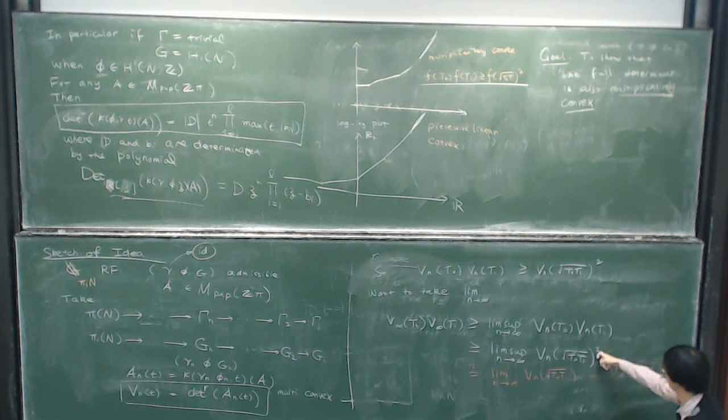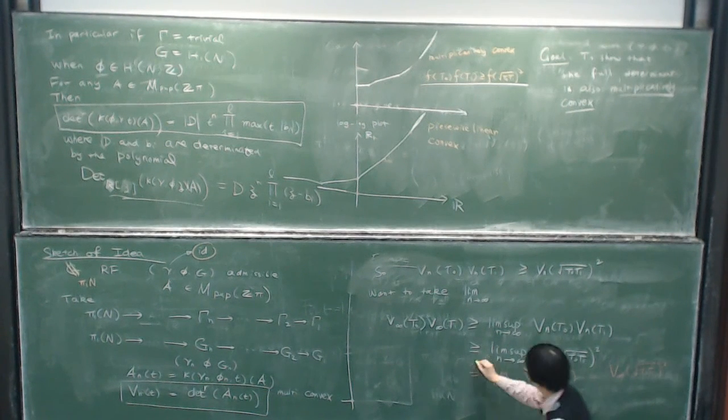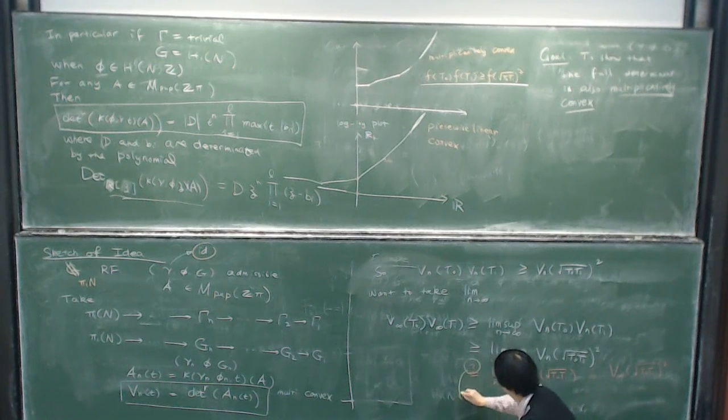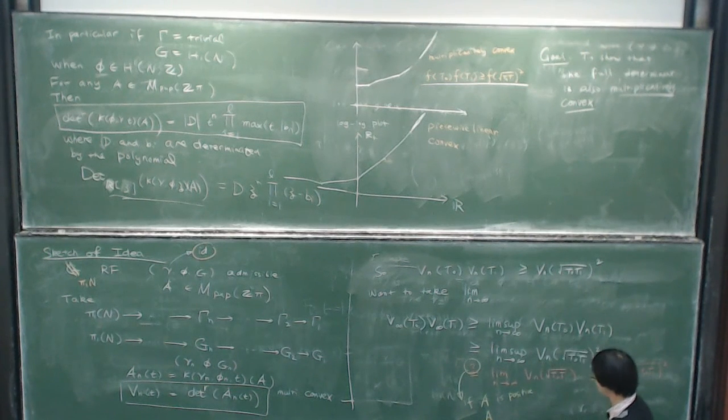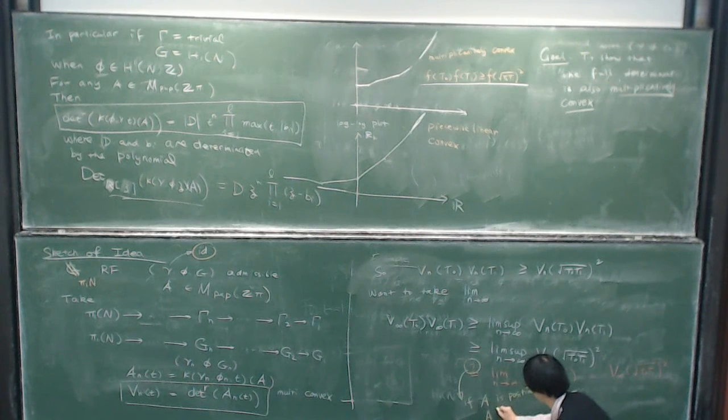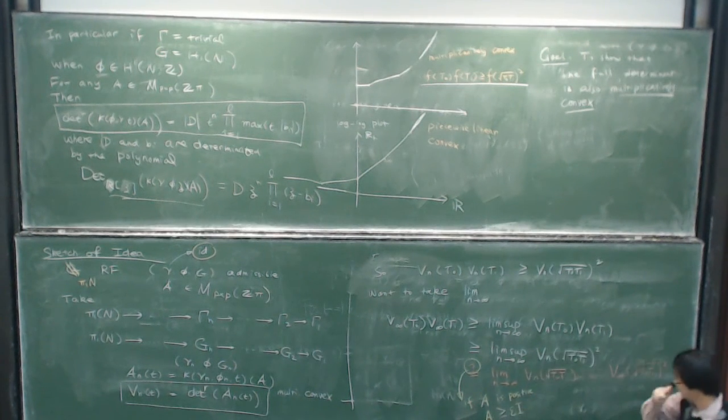It's in general not true to get it from here to here. And one of the conditions that you can make this inequality true is that if A is a positive matrix, and actually it's easier to show if A is actually a matrix greater or equal to some uniform